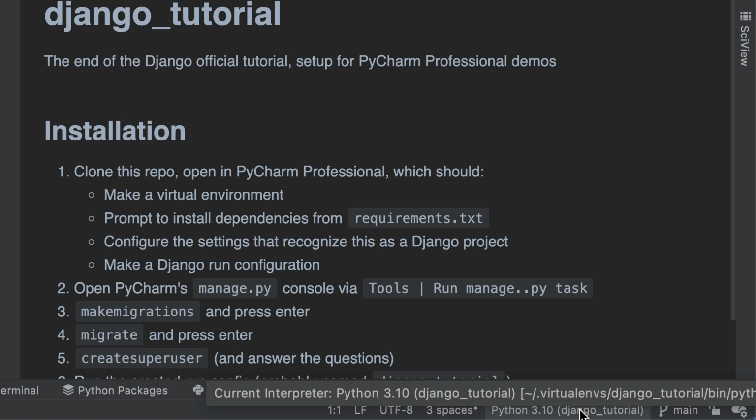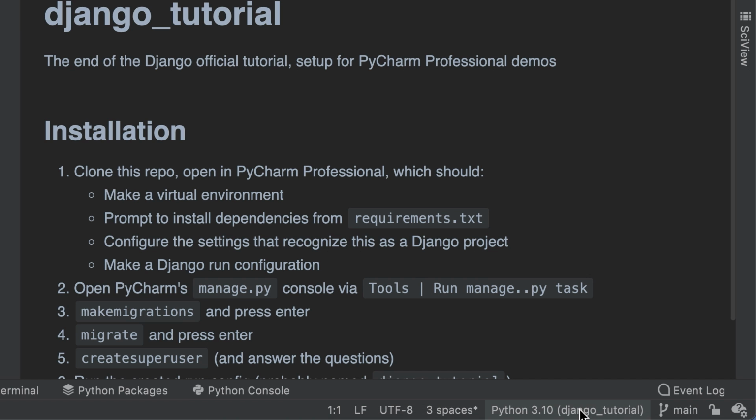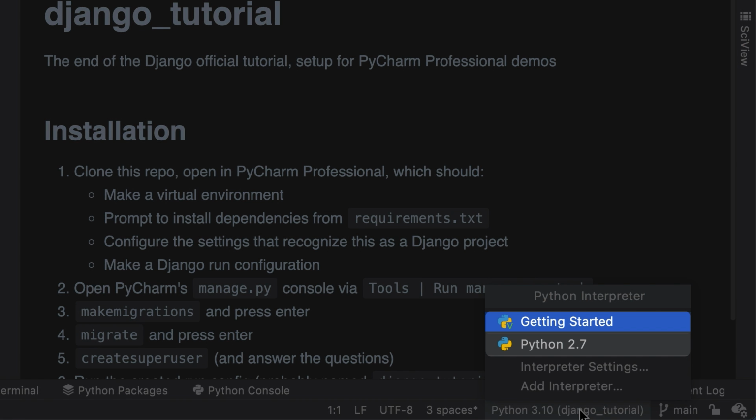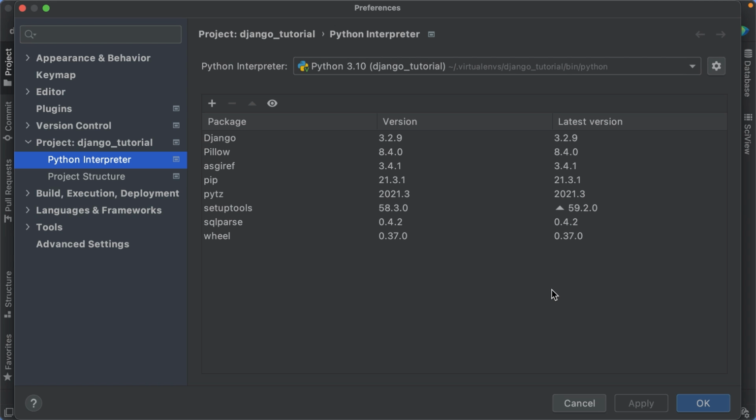We have 2 ways we can change this for an opened project. You can click the interpreter name in the status bar widget here. This will open a list of available interpreters, and it will also give you the opportunity to either open the interpreter settings or from right here, add a new interpreter. I usually use this shortcut, but you can also find the settings in your preferences or settings under Project Interpreter